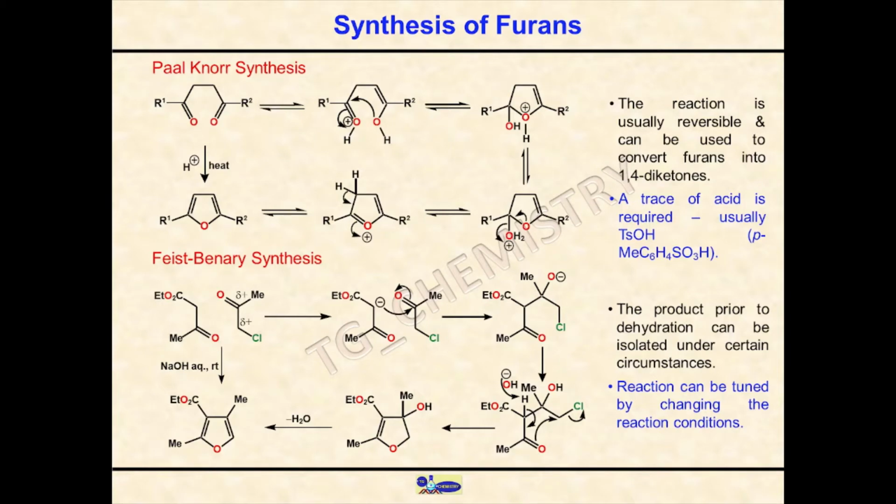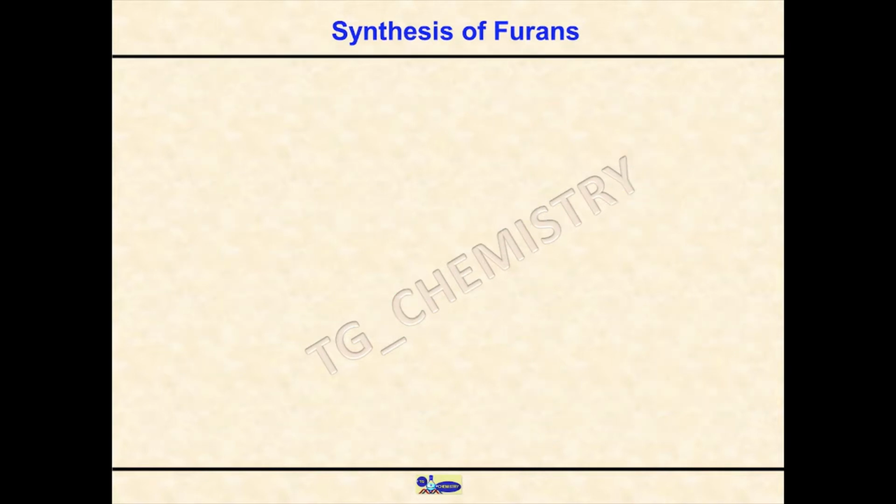The product prior to the dehydration can be isolated under certain circumstances, and people have done that. They have also been able to tune the reaction conditions, changing the product of the reaction. So another route of synthesis of furan involves a slightly modified Feist-Benary synthesis, where you can see that